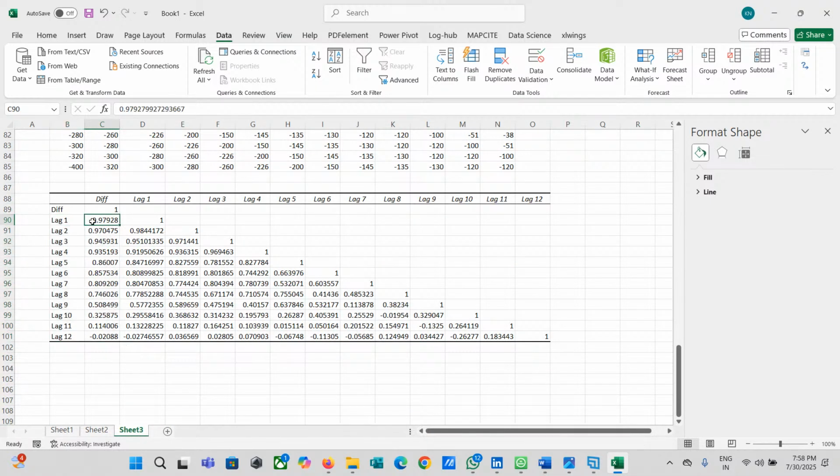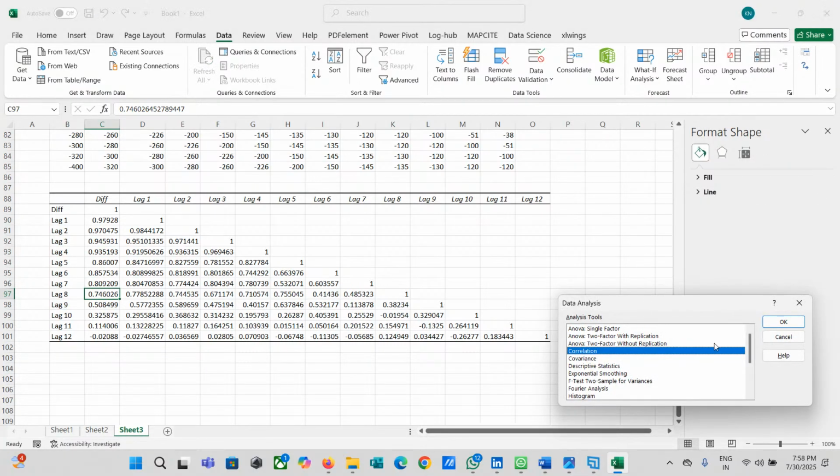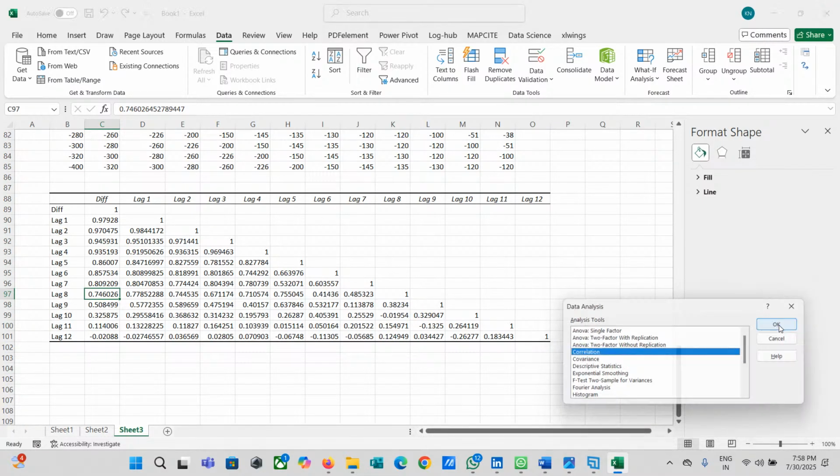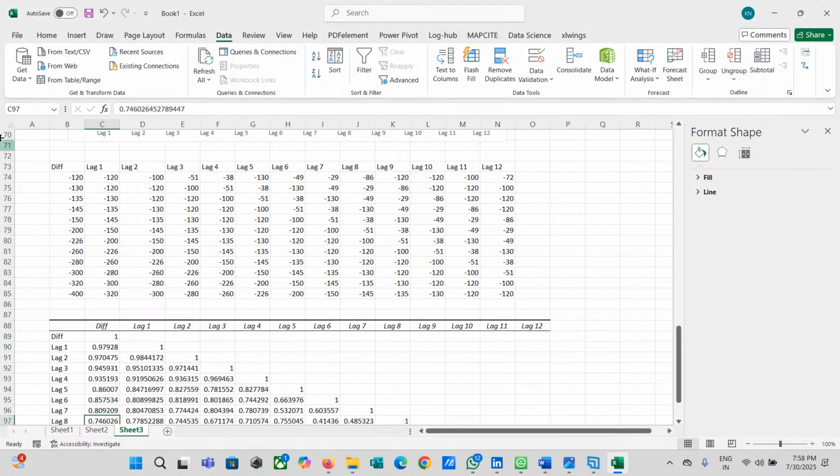So let us look at this once again. I just want to look at my range correlation. So the input range is B73 to N85, right? That makes sense here.